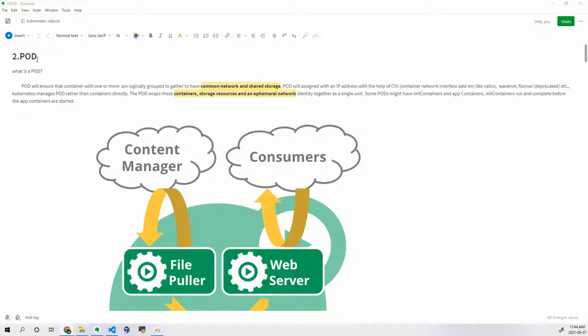Why is it called a pod? Pod doesn't have any abbreviation. It is just a pod. What do you mean by pod? Let us try to understand first, and then we can see the practical session. When someone asks what is a pod, you have to give a simple statement: a pod will ensure that one or more containers are logically grouped together, which means a pod is just a logical